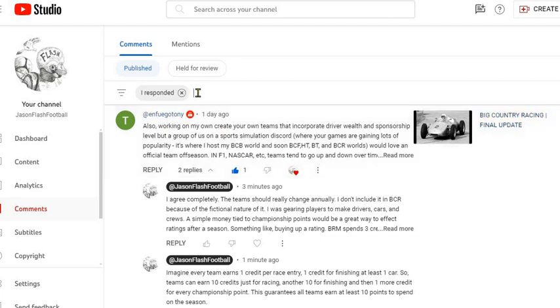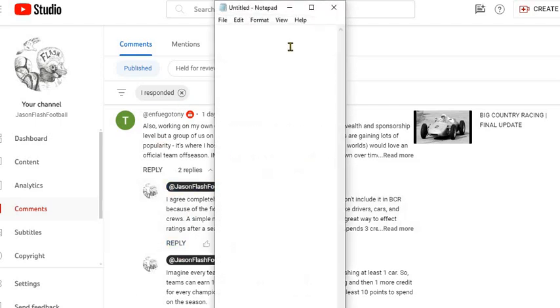Infugo Tony, sorry if I get that wrong. So I just wanted to share my thoughts. He's talking about an official Formula One team thing, but check this out. If you wanted to add money and finances, it's very simple. You use credits. So for instance,